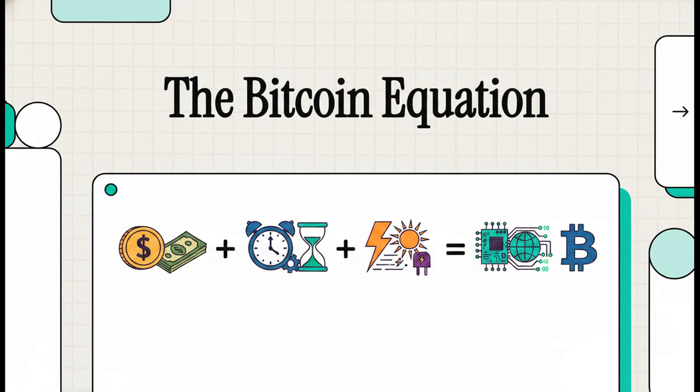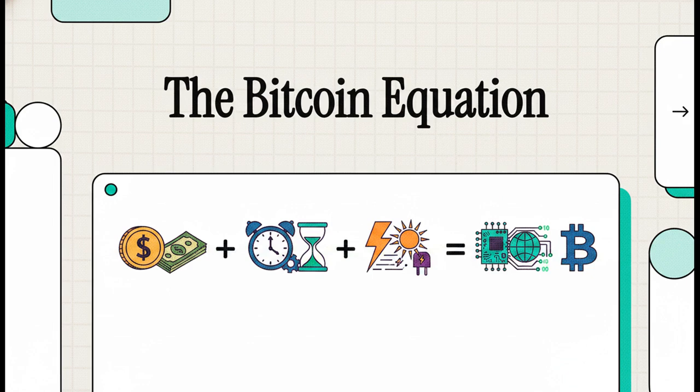Welcome to This Explainer. Today, we're going to completely dismantle and rebuild everything you thought you knew about value in the digital age. Because look, most people see Bitcoin and they just think, oh, it's digital cash, or maybe just some speculative asset, right? But to truly grasp its revolutionary nature, we have to move way past those surface-level ideas.